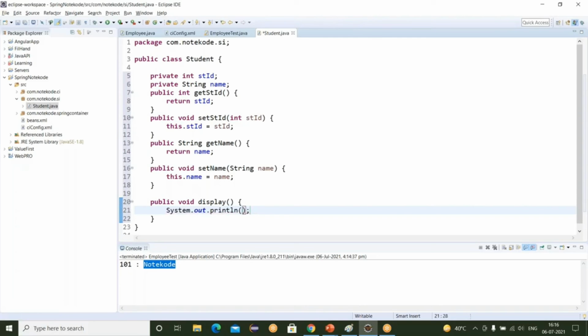Done. And for printing purpose, let's declare a method like display, and inside this, write the print statement. And here, pass the variables. Also give some space between ID and name.